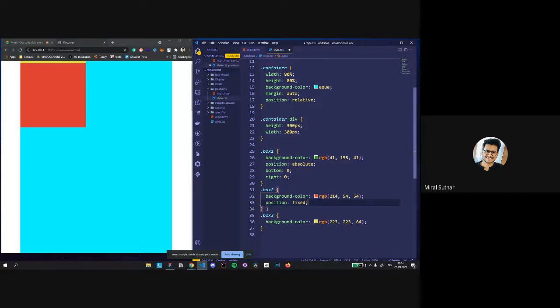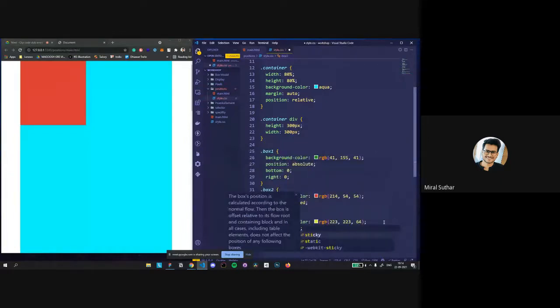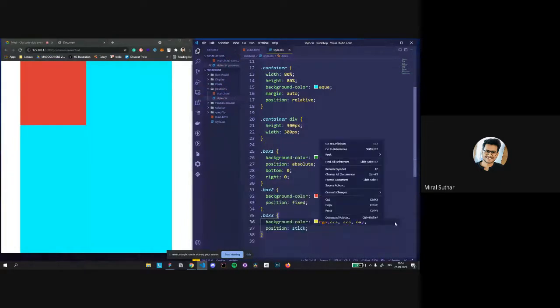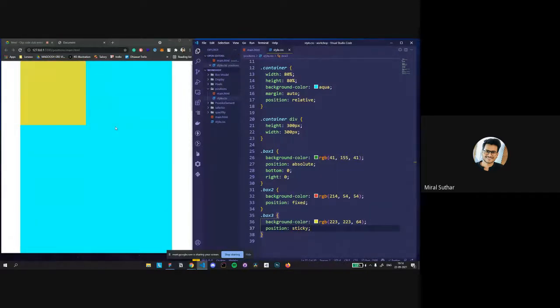And the next position is sticky. Let's use another div for this. Position sticky. Right, now you can see the yellow box. It has position sticky, so it's going to stick right over there.